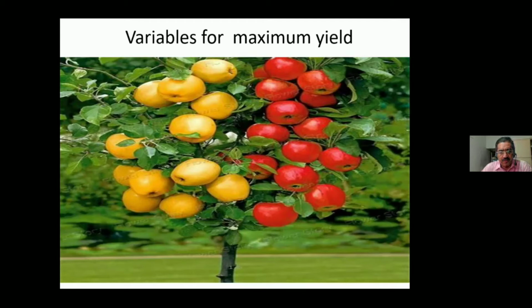Our objective, like the enterprise, is to get maximum yield from this apple tree. So what else is the variable which can contribute to the yield? Fertilizers. Okay, manure. I will put it under the term manure. Yes, you have soil. So soil needs proteins. So manure is a good point.